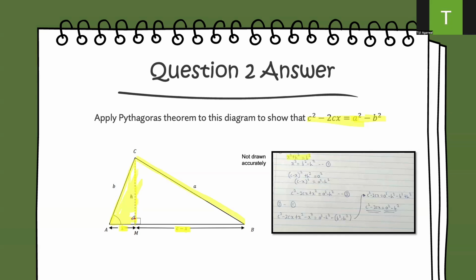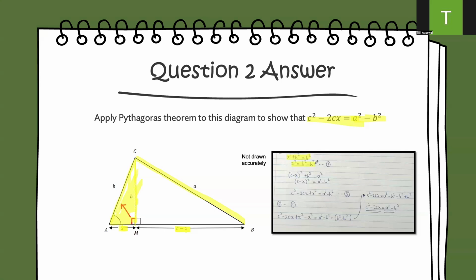Just so you're clear, I will draw up the right angle here. You know that's a right angle, and therefore we know that this is the hypotenuse. Okay, I'm just showing that there so that's clear. And then what I've also done is that means that x squared is equal to b squared minus h squared, right? So I've made x squared the